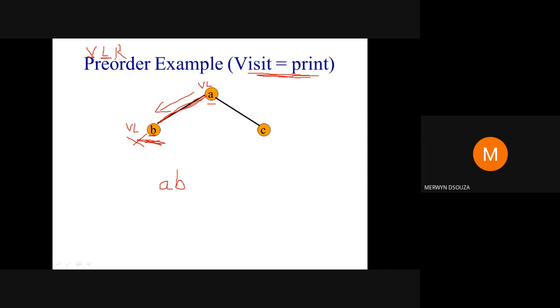Therefore you go to the third step. Try the third step. So try to go to the right subtree of this node. And there is no right subtree also here. Okay. So you tried all these steps. You tried all the steps for this node. So therefore go back from where you had come.